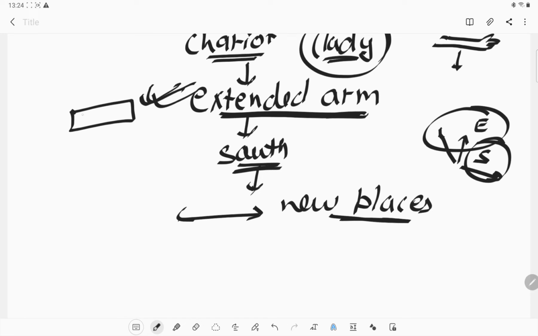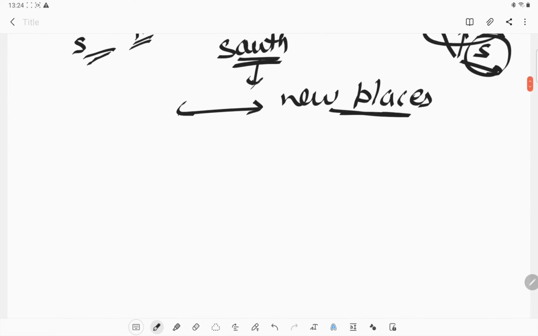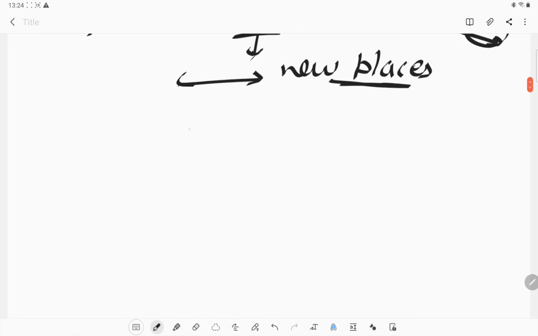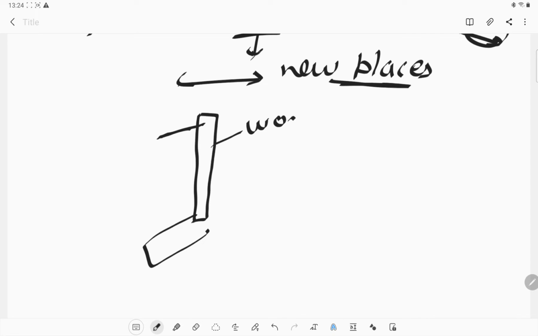He knows about it. So how can we say which is the south pole? We already know that this is a bar magnet, it has two poles, one pole is north, one pole is south. So how can you say that this is always the north, it cannot be south, and this is always the south, not the north? How can you figure it out? So this is one more experiment we can do for it. We take a wooden stand, this is the wooden stand.